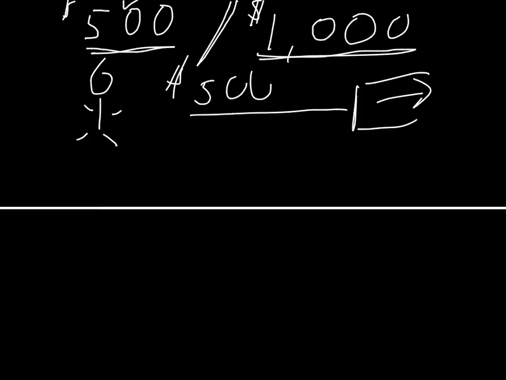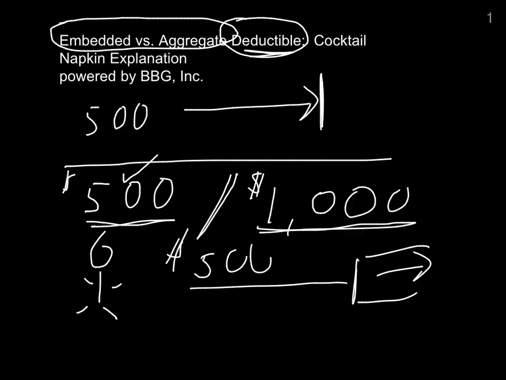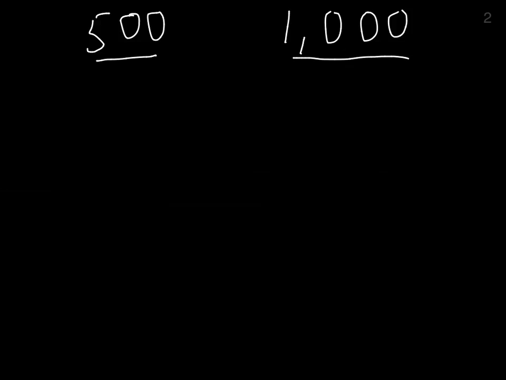Simple. The complicated stuff is, what if I'm a family? Because my summary plan description says I have a $500 single deductible and a $1,000 family deductible. How does that work? Well, it depends. If it is an embedded deductible, what it means is that if you have, let's say, 4 people on a family plan,